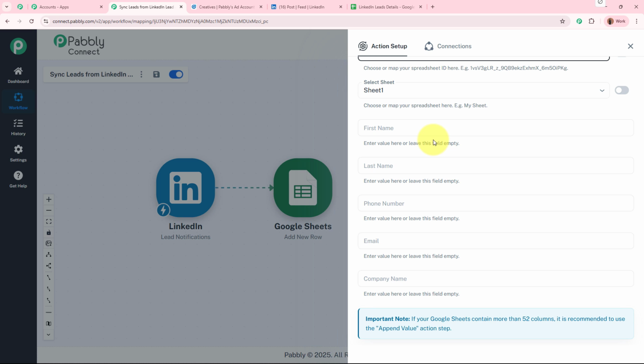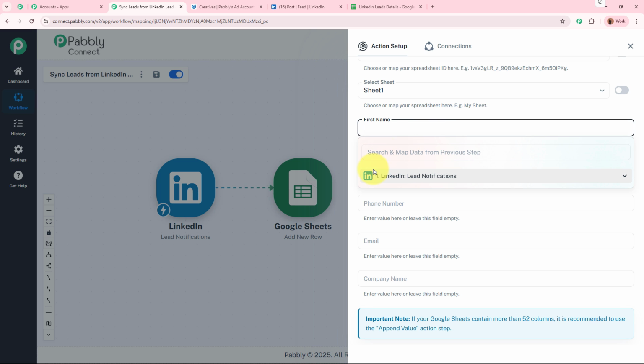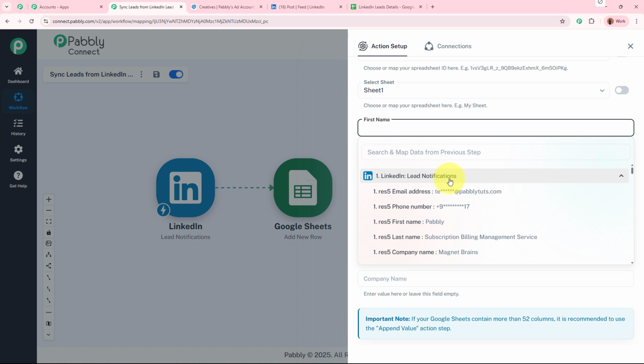Now for the data of this field, I'm going to map the data, which is inserting data from the previous step. So I'm going to insert the data from this previous step of this workflow. How it works is that as soon as I click on this field, the previous step is going to appear in front of you. As I click on it, the response that is captured in our previous step is going to appear,